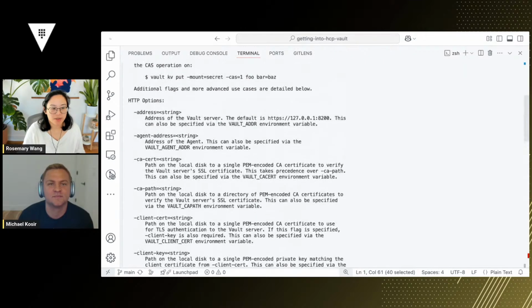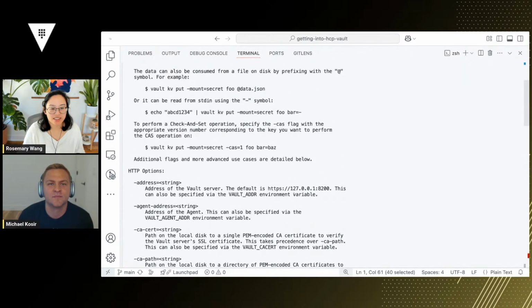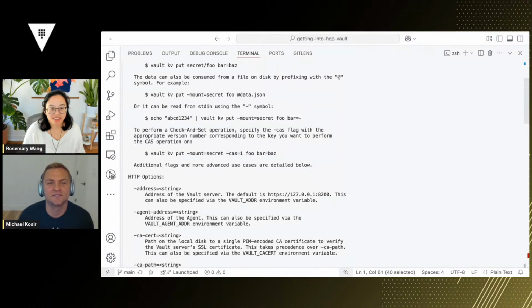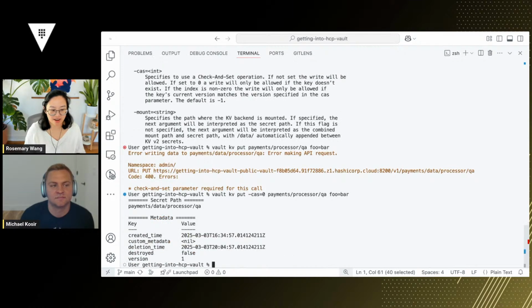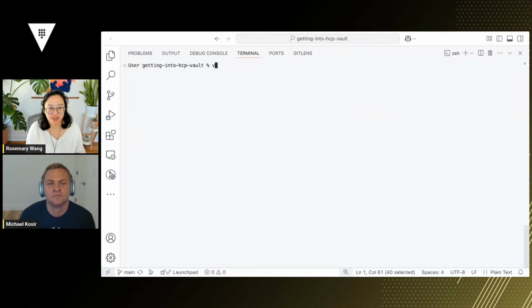Where's the check and set parameter? Did I accidentally? Oh, I think, yeah. CAS. Gotta put this as CAS. Okay, CAS. Yeah, because it doesn't exist yet, I have to tell it that if set to 0, a write will be allowed if the key doesn't exist. It doesn't exist. So let's do that. Okay. So now that we've got that, then I can also do a Vault KV get,